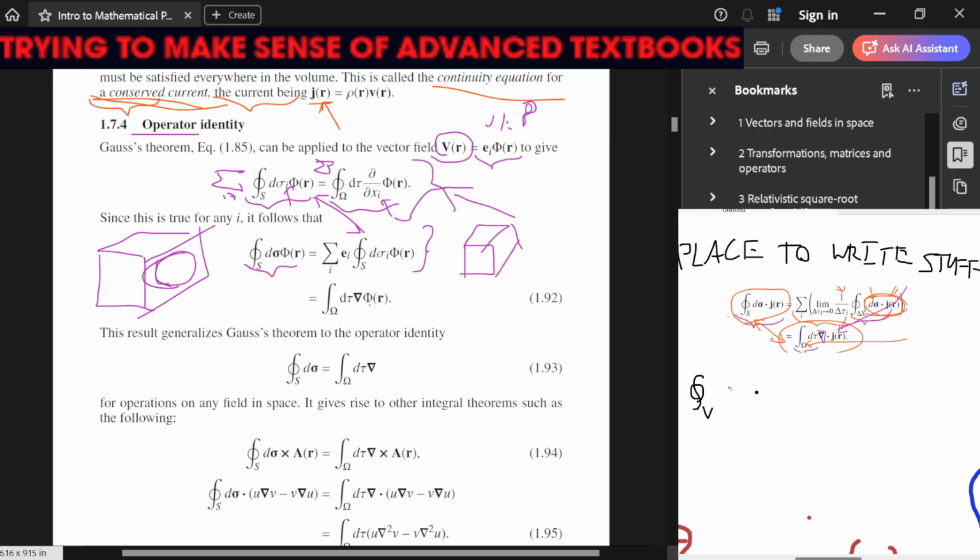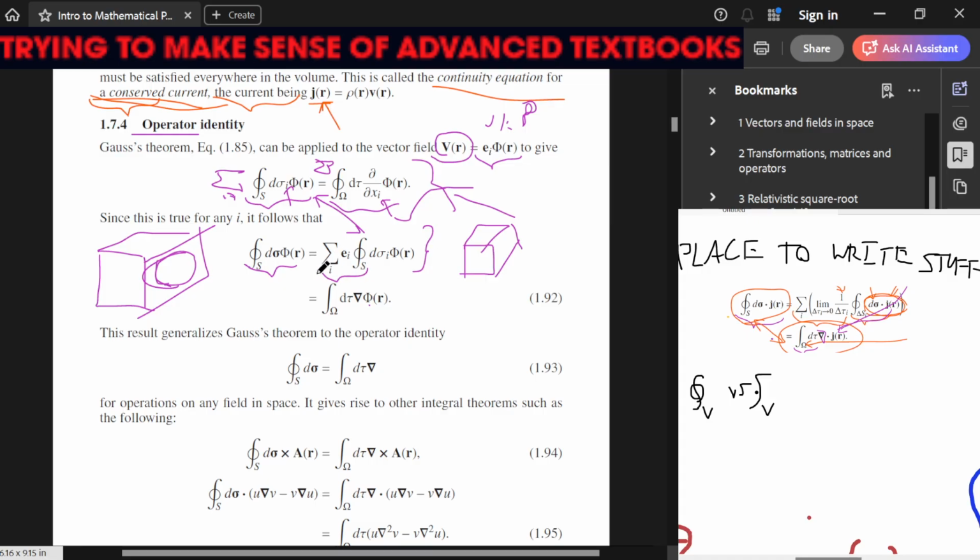Closed volume versus normal volume. This is just regular volume. Okay. Why is the dot gone? Okay. Some of this,